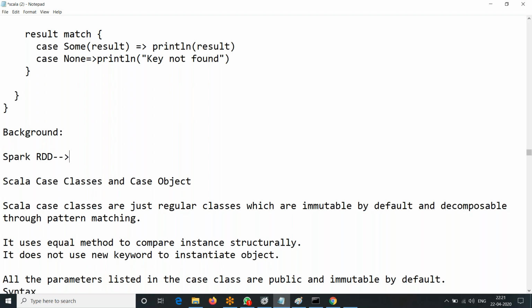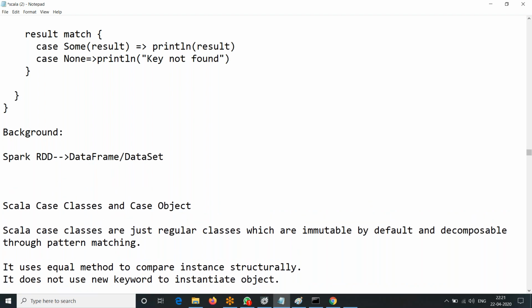Now I want to convert that RDD to a data frame. What is that? Data frame, which is also a data structure. All these are data structures, or something like a dataset, whatever it is. Now the use case is, if I want to convert this RDD to a data frame, internally we use something called case classes. Because RDDs don't have a structure. To provide a structure to the RDD, these case classes are very important. They play a very important role in converting RDDs to these data frames.